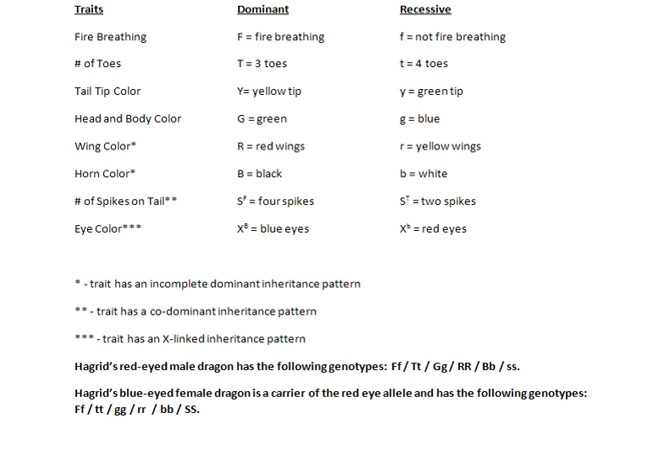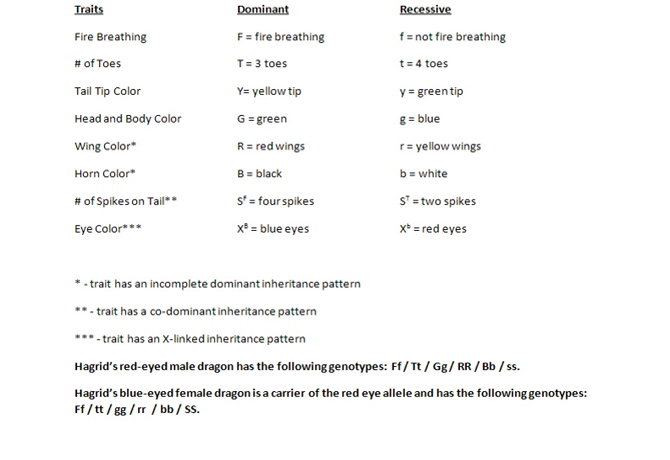Hagrid's blue-eyed female dragon is a carrier of the red-eye allele, but she's blue-eyed. And she has the following genotype. She is heterozygous for fire breathing. She is homozygous recessive for number of toes. She's homozygous recessive for tip color. She is homozygous recessive for wing color. She is homozygous recessive for horn color, and she is,